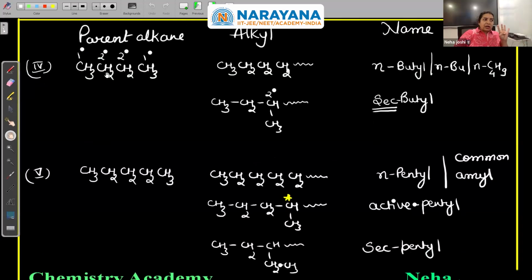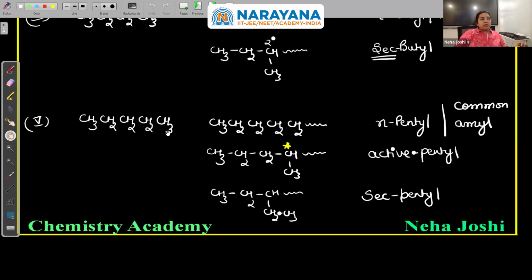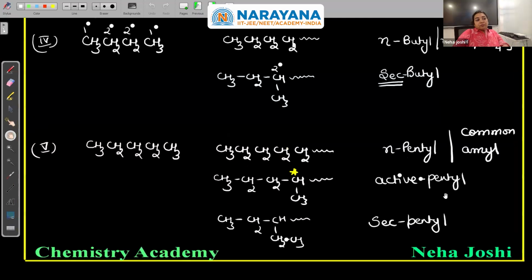If I have a 4 carbon, then from 1 degree I am making n-butyl, then from 2 degree, secondary butyl. Right? If I have a pentane, then similarly I go, but now I have 2 possibilities of secondary carbon to go for bonding. So out of these 2 possibilities, how to differentiate? One is chiral, the other has 2 ethyls. So that one we name secondary pentyl, whereas the one which is chiral, we name it active pentyl.